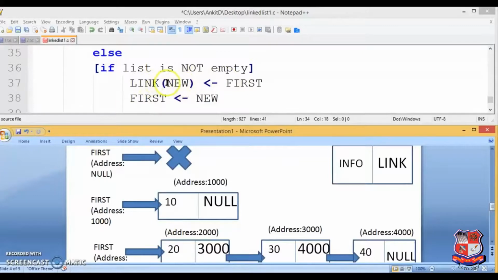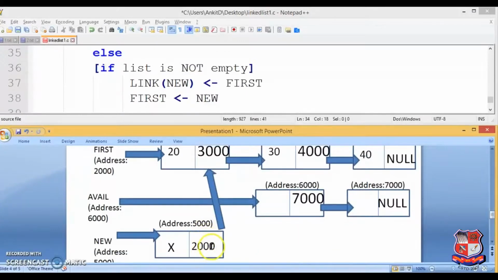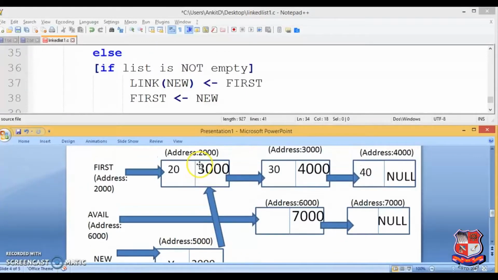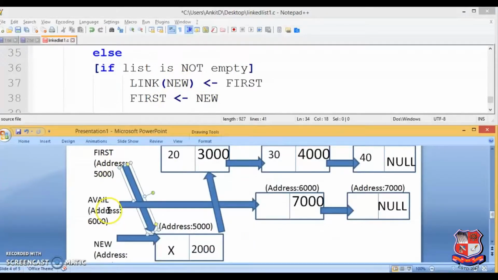So the link part of new will point to where first is pointing. The 2000 address will be given in this link part, and it will point to the first node. Then first equal to new. So the new address, 5000, would be given to first.